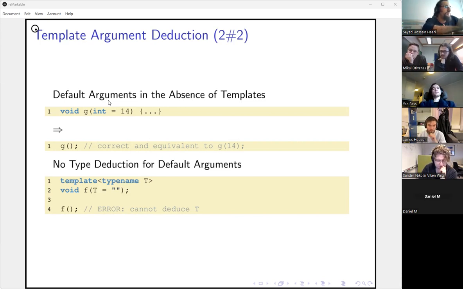So, for example, this function g takes an integer as its parameter, and it's saying that if I ever wanted to make a call like this, then you, the compiler, know that the argument that I'm missing out is this 14 thing here, right? Now, you can do the same for function templates. Function templates can also have